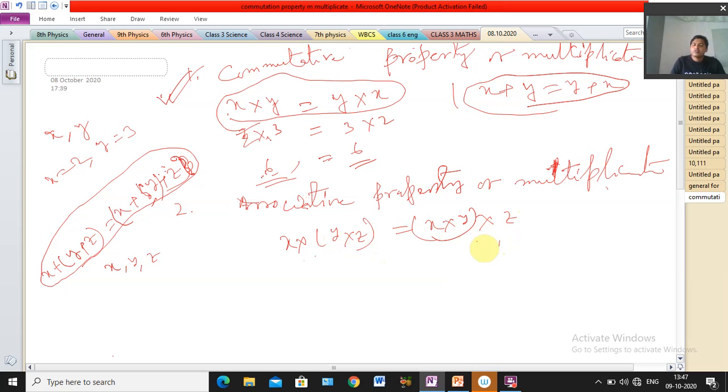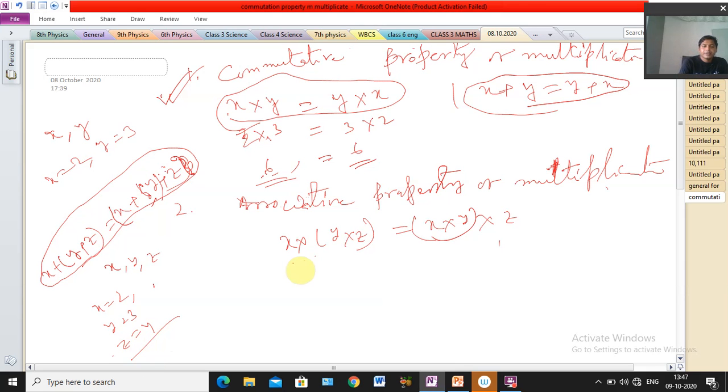This is the associative property of multiplication. Same type is coming. There was addition, here multiplication. Now we have to check whether this associative property is satisfying or not. If we put the values x equal to, suppose, 2, y equal to 3 and z equal to 4,